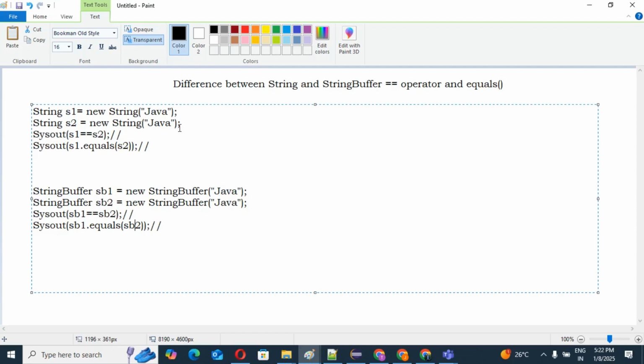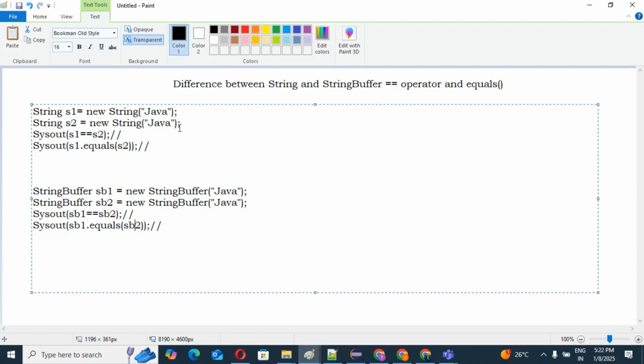Don't worry, don't get confused. To some extent it is partially correct, but completely it is 100% incorrect. Today in this video I am going to explain this only. Why is this incorrect? Because saying the double equal operator is for reference comparison and the equals method is for content comparison is not 100% correct.